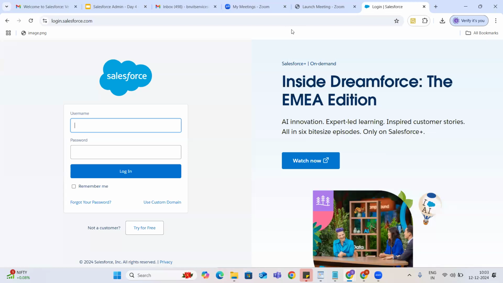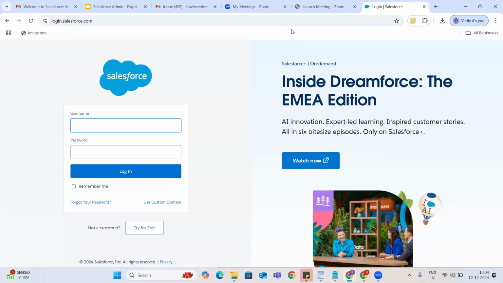Then again, a question may come to your mind: ma'am, mine is not a production org, right? You said login.salesforce.com is used for production orgs. Then why are we using login.salesforce.com for my developer orgs, instead of test.salesforce.com? Maybe this question will arise, so let me answer you guys.